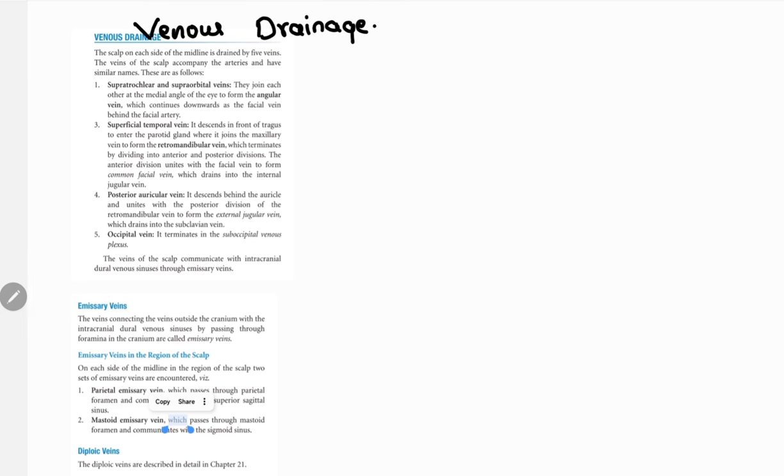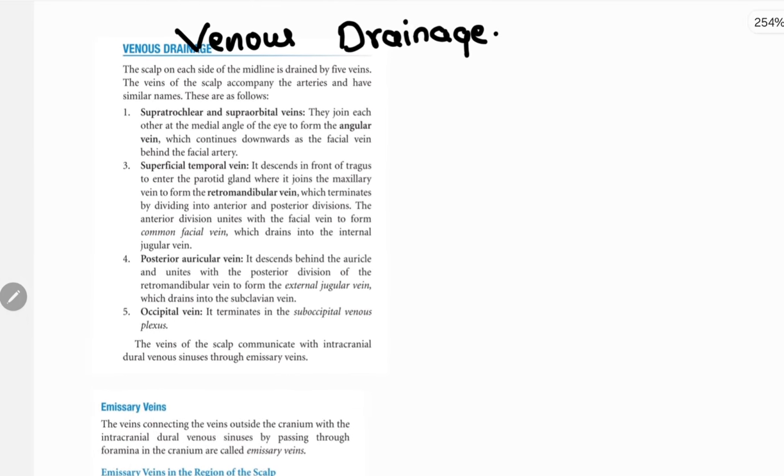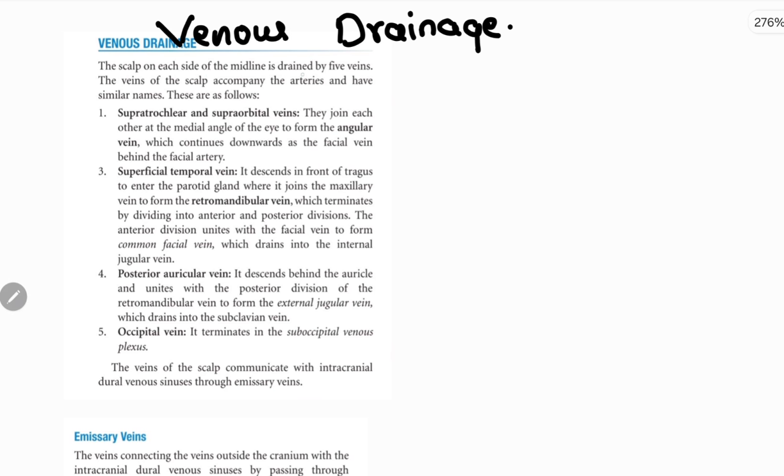Next we will study venous drainage. The scalp on each side of the midline is drained by 5 veins. The veins of the scalp accompany the arteries and have similar names. These are supratrochlear and supraorbital veins. They join each other at the medial angle of the eye to form the angular vein, which continues downwards as the facial vein,